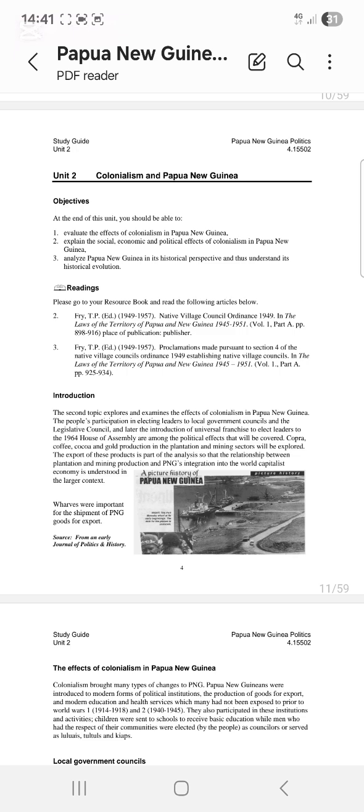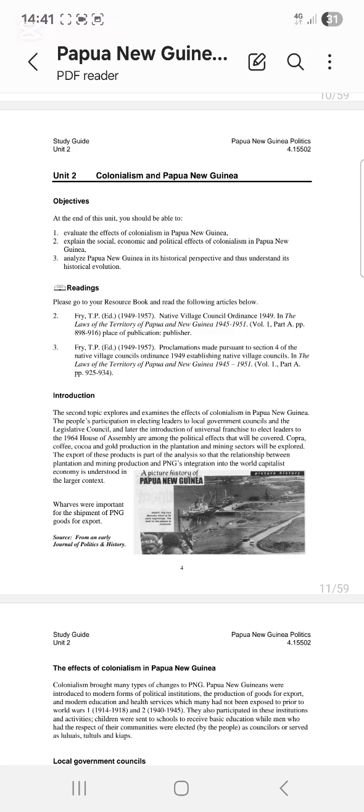Sometimes this paragraph is filled with very expensive words, but it's just how textbooks are written. When you interact with the paragraph, you will find out that it's talking about very simple ideas and discussions to understand. But let's look at the effects, and I read, colonialism brought many types of changes to Papua